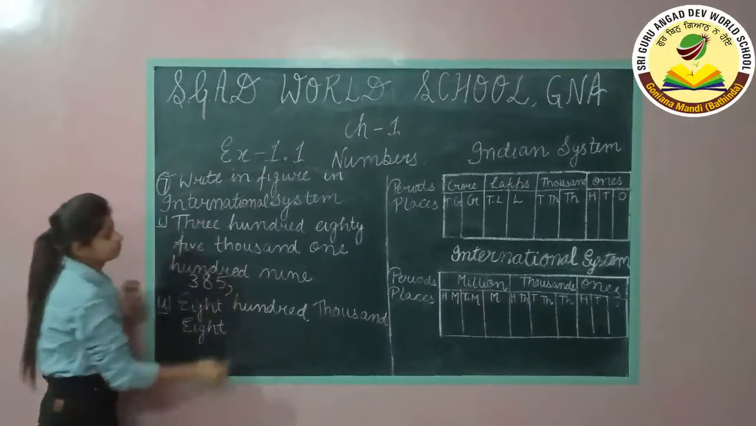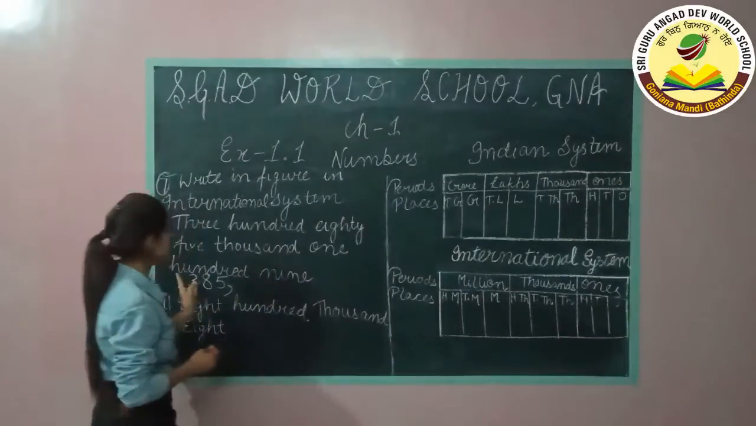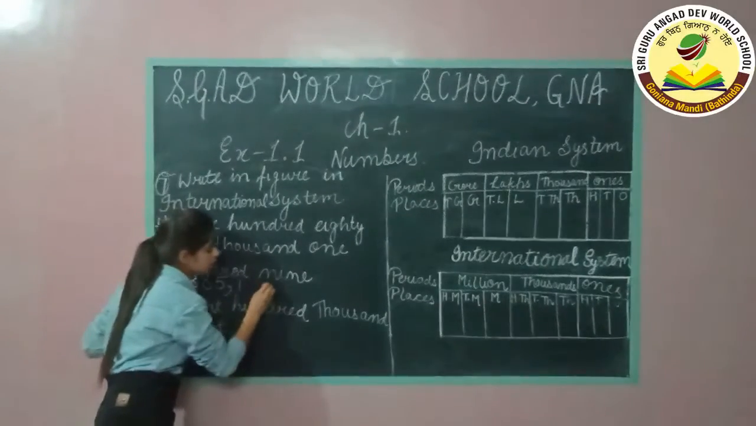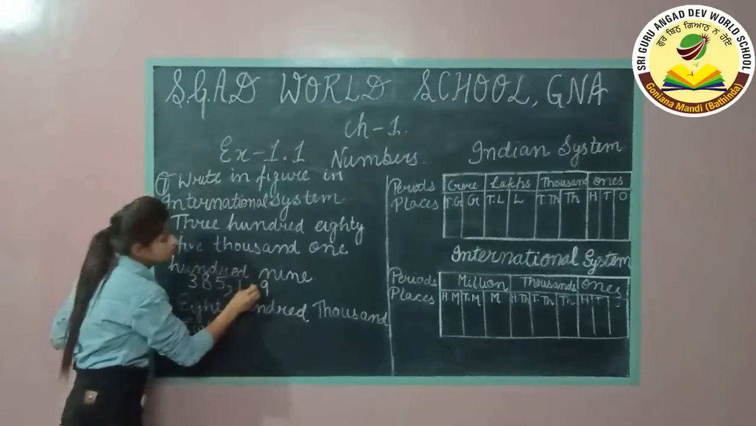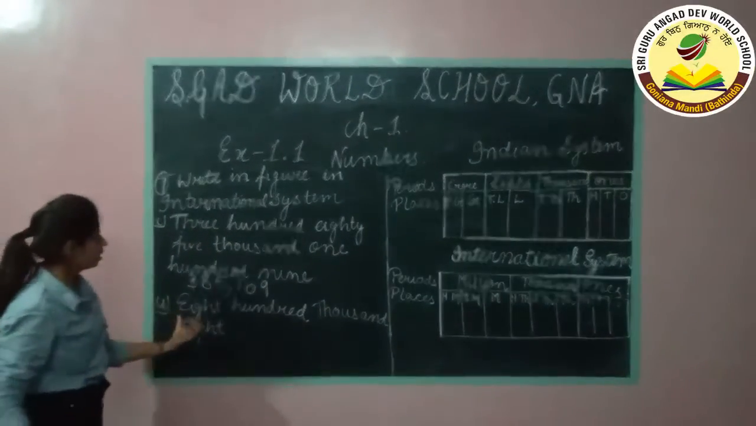385. 1000 periods are separated by a comma. Then 109. What will come at the 100 place? 1, then 9, and the 10th place contains 0. In the next question,